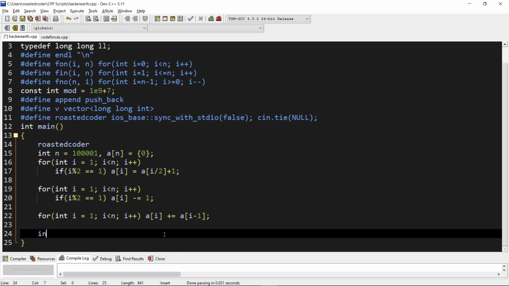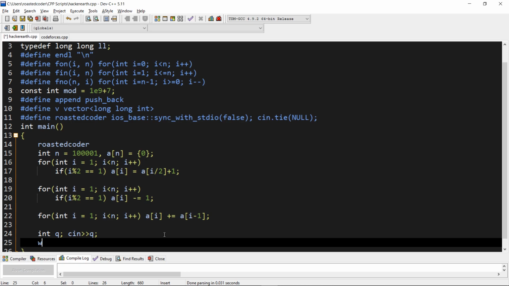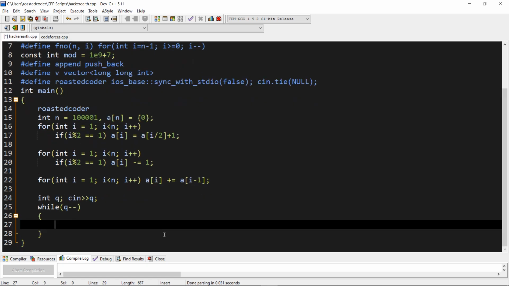So now let's take input as our query. While q minus minus, let's take nodes as our input.